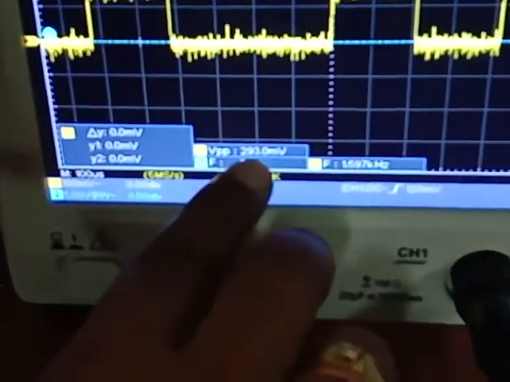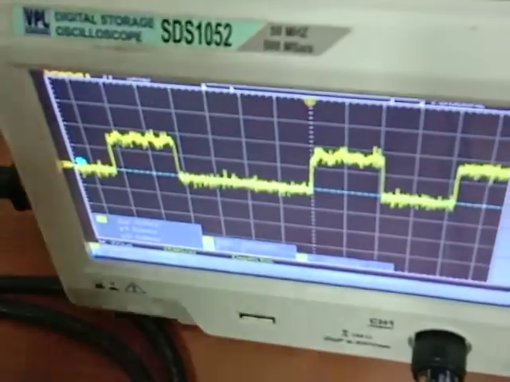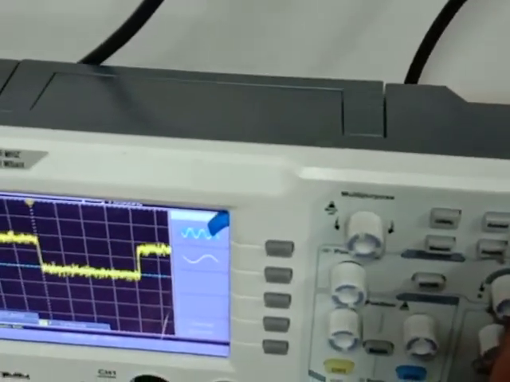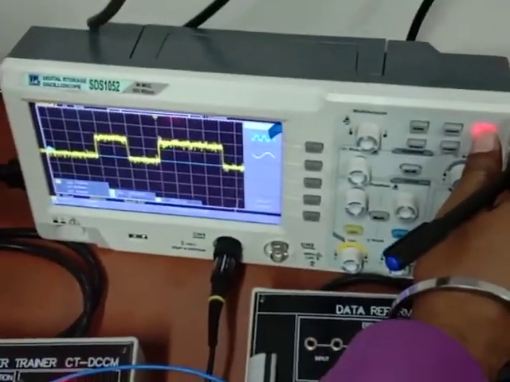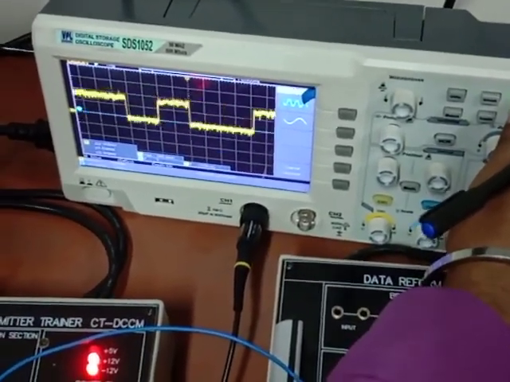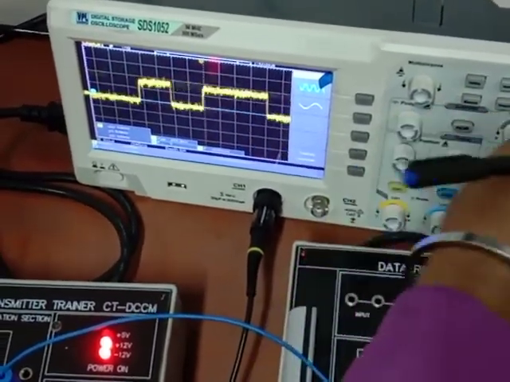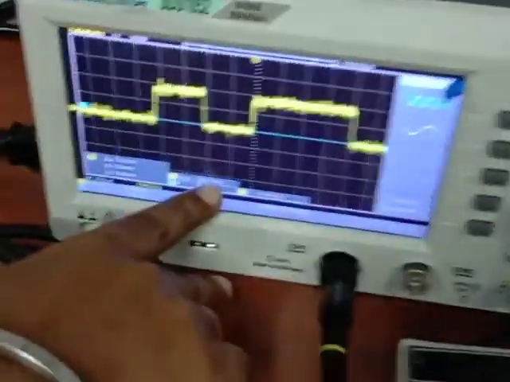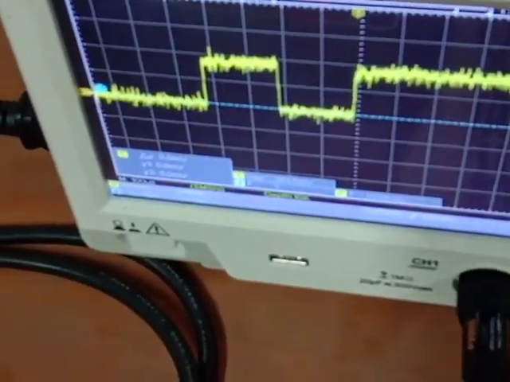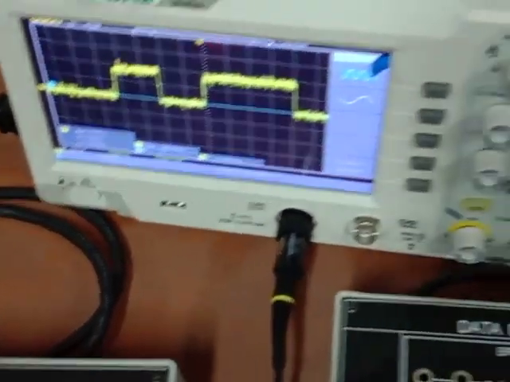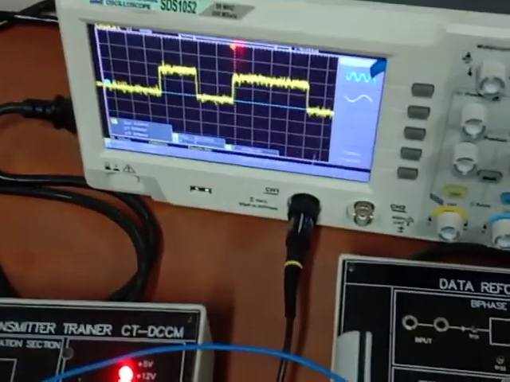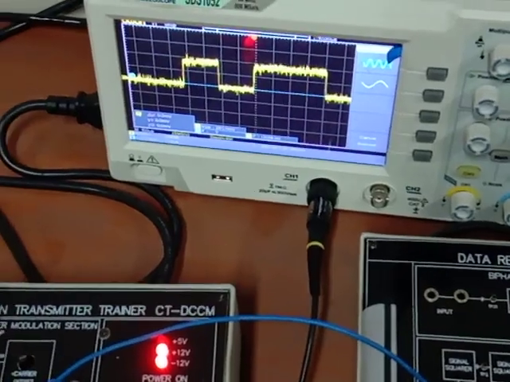The amplitude is 293.0 millivolt. Now it is 261.7 millivolt, and the frequency is 1.919 kilohertz.